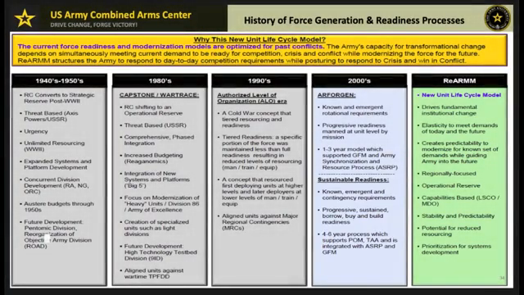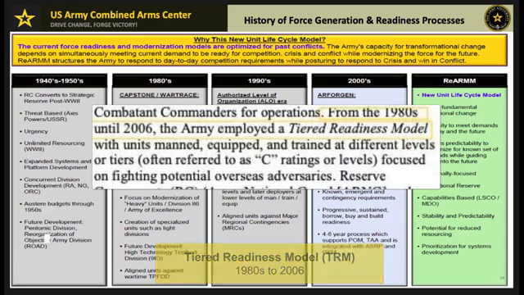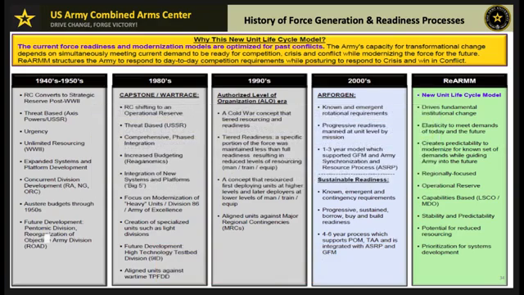and 2006. It's not depicted on the slide, but this is where we had the tiered readiness model, and it was the Army's approach from the early 80s to 2006. During this period, units were assigned readiness levels based on adversary threats, with the reserves serving as a strategic reserve. ALO was the mechanism that operationalized the tiered readiness model, specifying how much of a unit's wartime strength was maintained